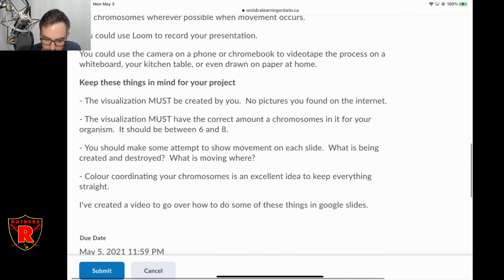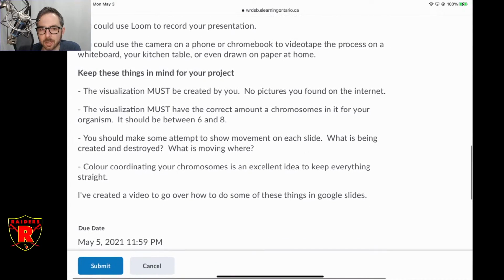Okay, I mentioned here just some things to think about while you're creating your project. The visualization component, that's the actual pictures themselves that you're showing, have to be created by you. So you can't just find meiosis on the internet and